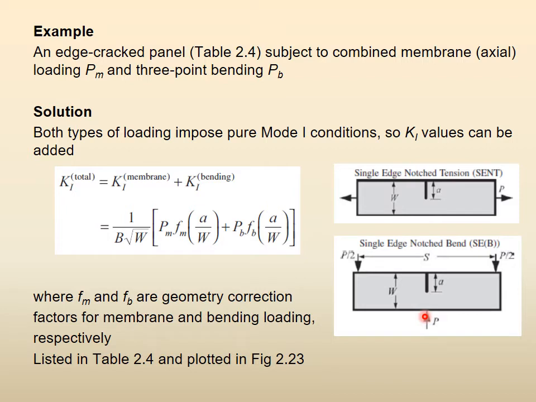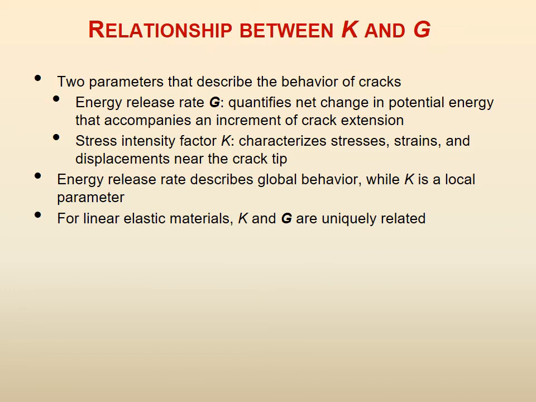Because it is the same specimen, because the mode of loading is the same, take the F by W for this one from the table, take F by W for this one, and just add them together. So this is your solution, and then you will be done. I did not go into the detail of that, but this is a huge principle: as long as you know that the mode of loading is the same, and that the geometry and placement of the crack are the same, then we can combine the axial load with the bending load and so on.